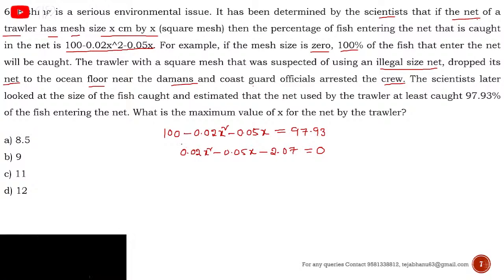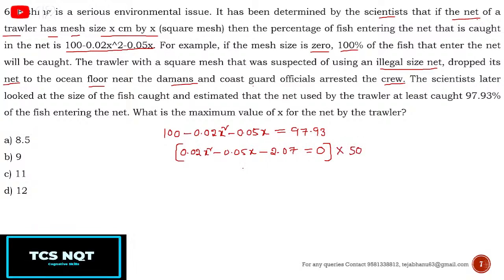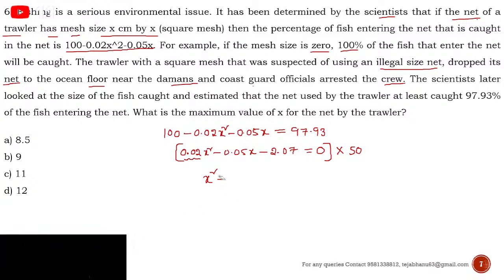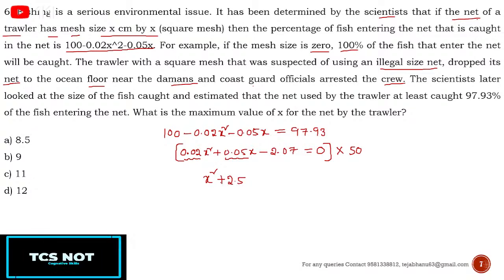Now for simplification purposes, I am multiplying this equation by 50. Why multiply by 50? Here there is 0.02. If you multiply this 0.02 with 50, it will become 1. So x square, minus. Now have a look. 0.05 into 50, this will become 2. Sorry guys, this is plus only. Okay, 2.5